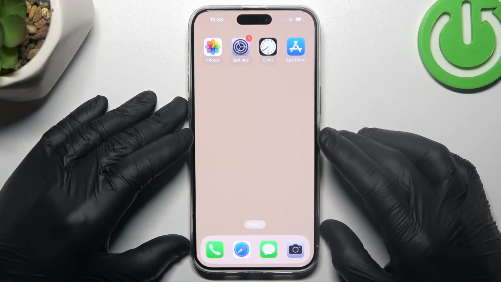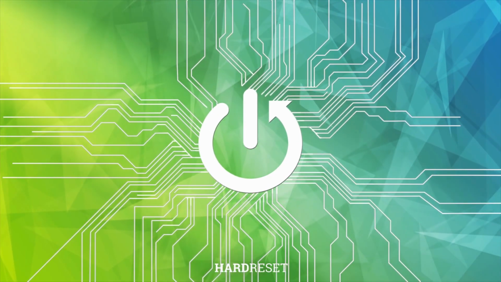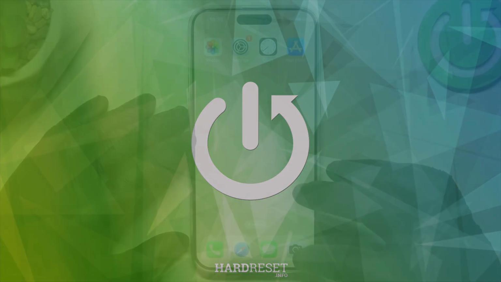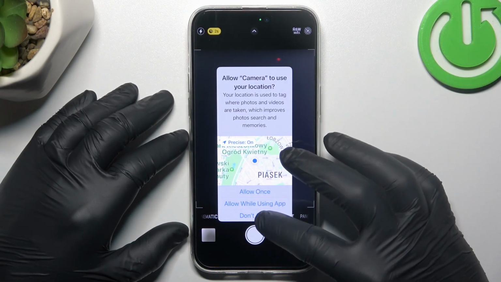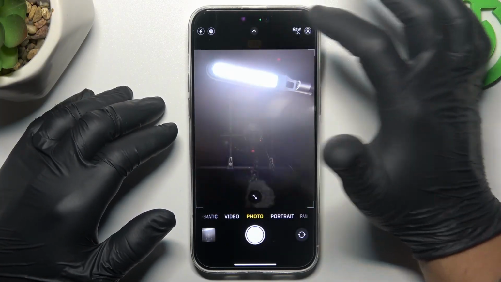Guys, today I'm going to show you how you can change the photo aspect ratio in iPhone 15 Pro Max. So in the first step, open the camera app, and now if you need to change your photo aspect ratio, just click here on this little arrow icon